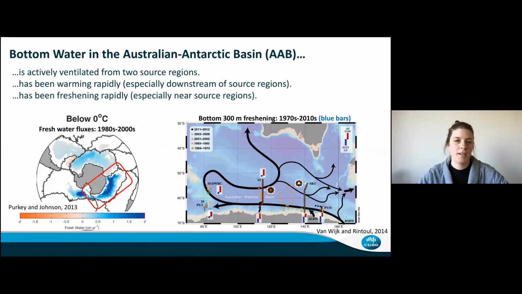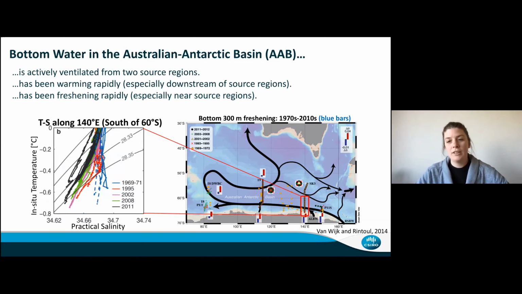And it's also been freshening. So in that same figure with the bars, those blue bars are the salinity trends. And you see really strong changes in salinity near the source water regions, so near the Antarctic coast, and then it gets progressively less change as you go along the pathway. And you also see in the figure on the left, another paper by Sarah Purkey and Greg Johnson, a lot of freshening in the Australian Antarctic Basin. So it's a region of a lot of change, and it's globally important in terms of the meridional overturning circulation and sequestration of carbon and heat into the deep